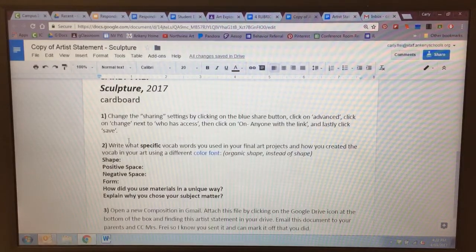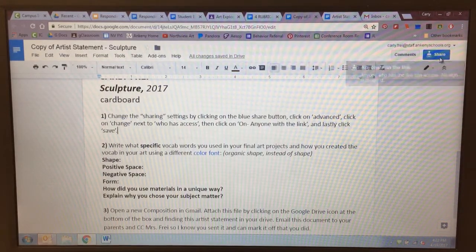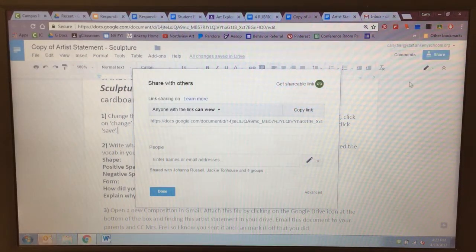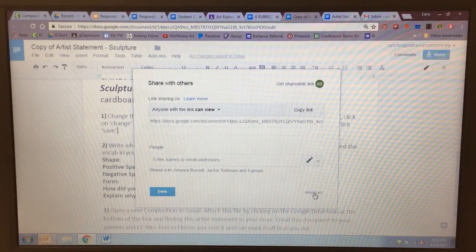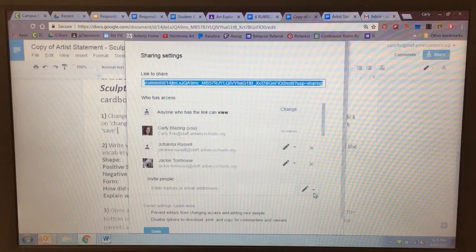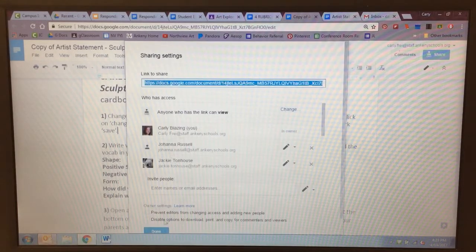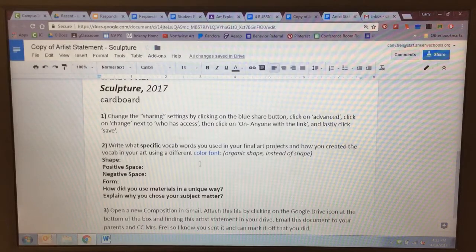The next thing we're going to do is change the sharing settings so that anybody can see this that has the link. So you're going to click on this blue share button in the upper right hand corner. Then you're going to click on Advanced in the bottom right hand corner. Then you're going to click on Change next to Who Has Access, and you're going to click on Anyone with the link. Then you're going to click Save, and you're going to click Done, and then you have changed the